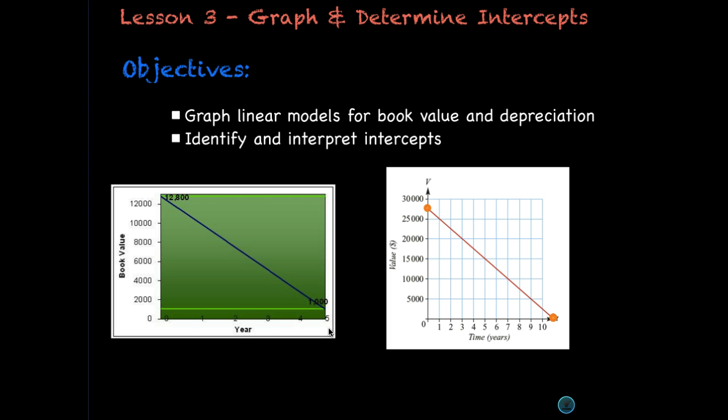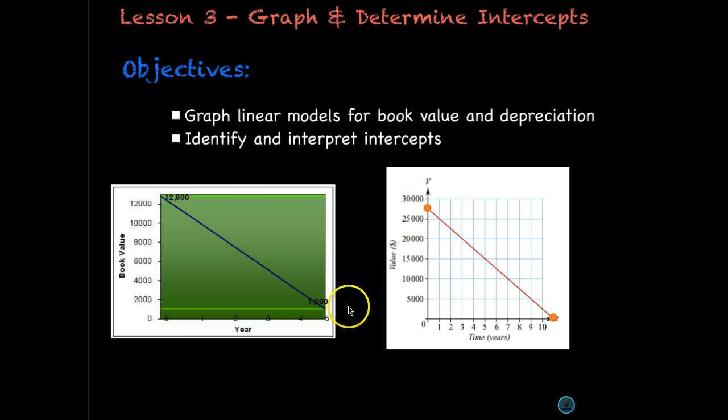Hopefully right now you're thinking, well, that's because this vehicle has a salvage value of 1,000, so we never really get to 0. We stop at 1,000. So in this case, there is no actual x-intercept as related to the problem. Now we know that in math, lines go on forever in both directions. So mathematically, this line does have an x-intercept, but contextually related to this scenario, the line would not have an